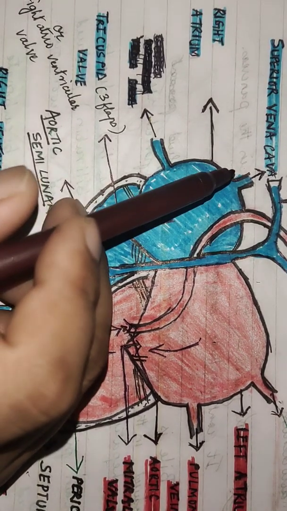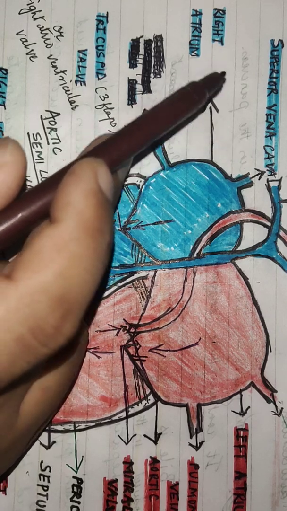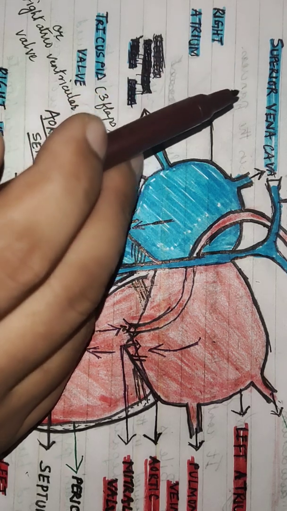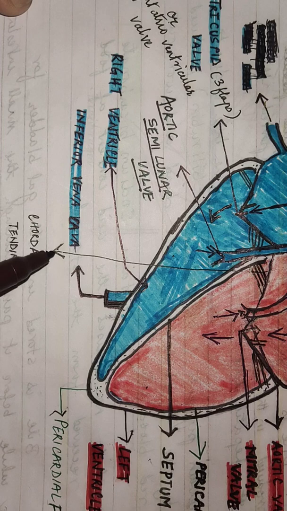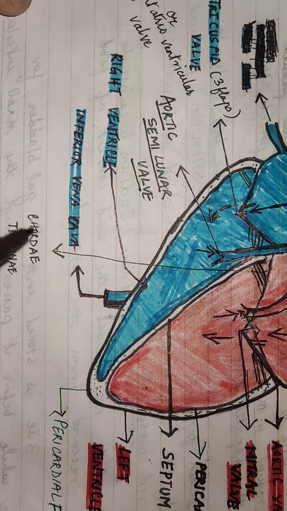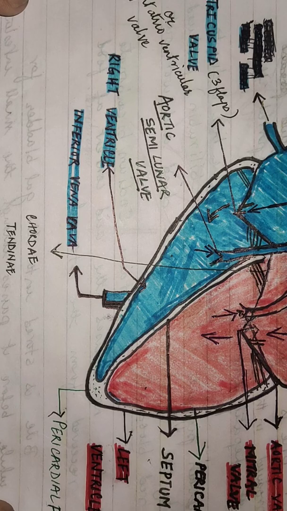The superior vena cava brings deoxygenated blood, meaning carbon dioxide filled blood, from the head to the heart region. And we have the inferior vena cava, bringing deoxygenated blood, meaning carbon dioxide filled blood, from toe to the heart region. Okay,